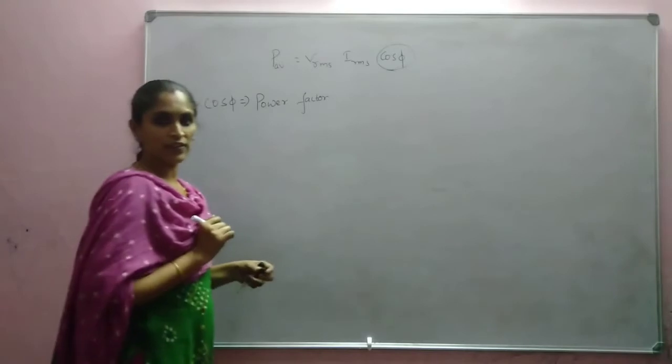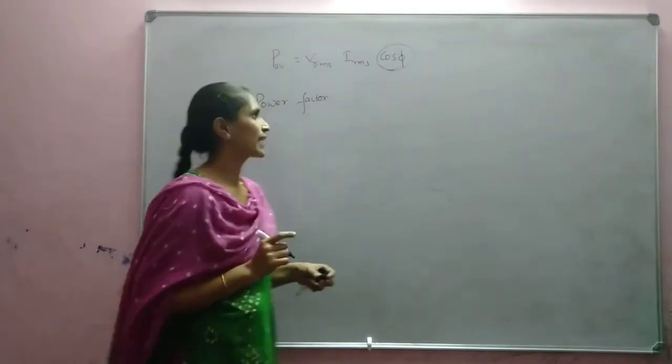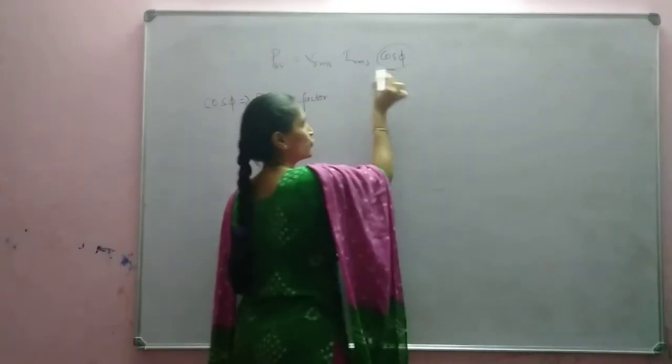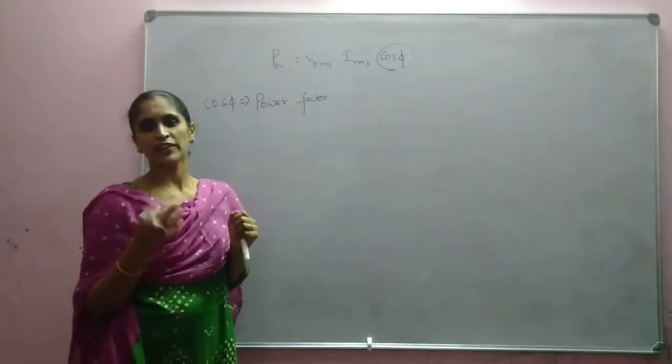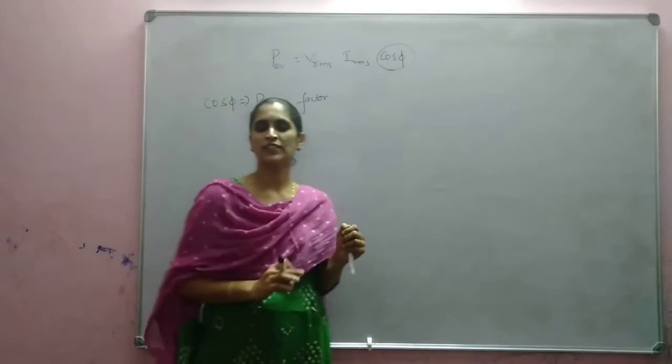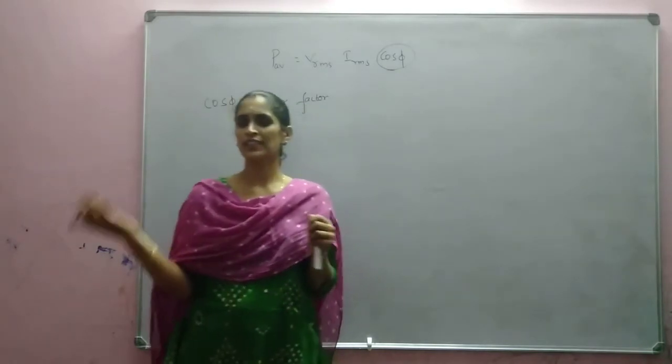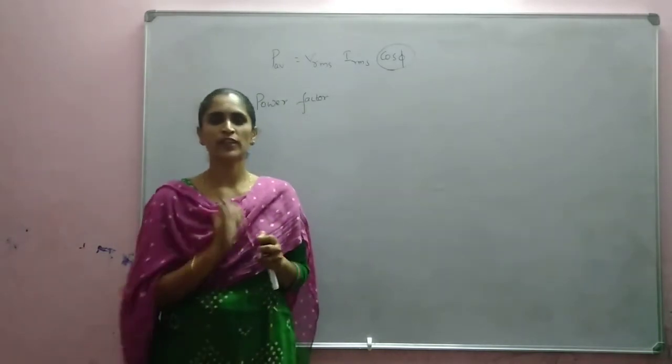So how to find power factor? If you remember the impedance triangle, it is very easy to find the power factor. If you know the angle between them, very easy, no doubt. By substituting that angle, you can find it. If it is given 45 degree, you can find what is the value of cos 45. Or if it is given 30 degree or whatever it is, by substituting you can find it.